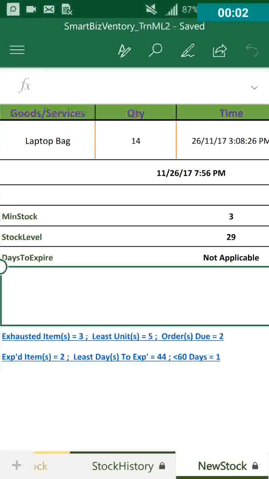This is a free business intelligence inventory tool. It is a mobile version of SmartBizVentory which can monitor and determine the performances of your business real time on your mobile devices. It can be used to document and monitor